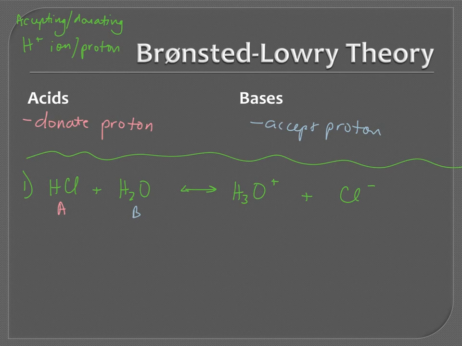So looking at the other side, let's start with this, H3O plus. What did it do to become that? Or actually, let me rephrase that. What is it doing going from the backwards reaction? So we start out with H3O plus, and then it becomes H2O. What did it do? It gave up the proton. So in this case, H3O plus is the acid. And that's typically also an indicator of acidity. If you want to look for acidity, you look for